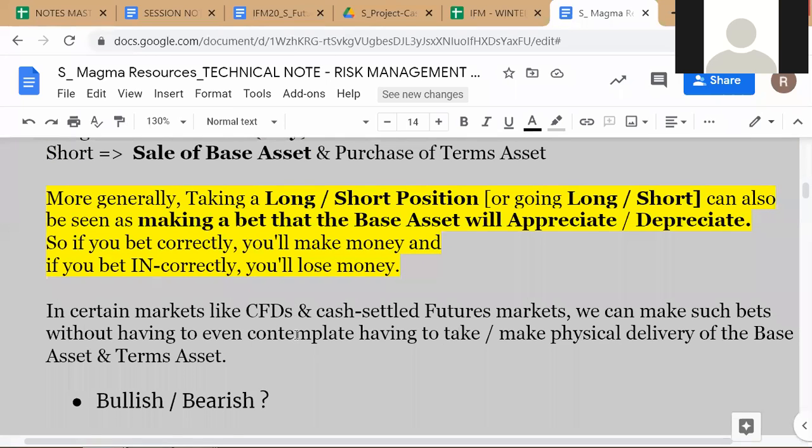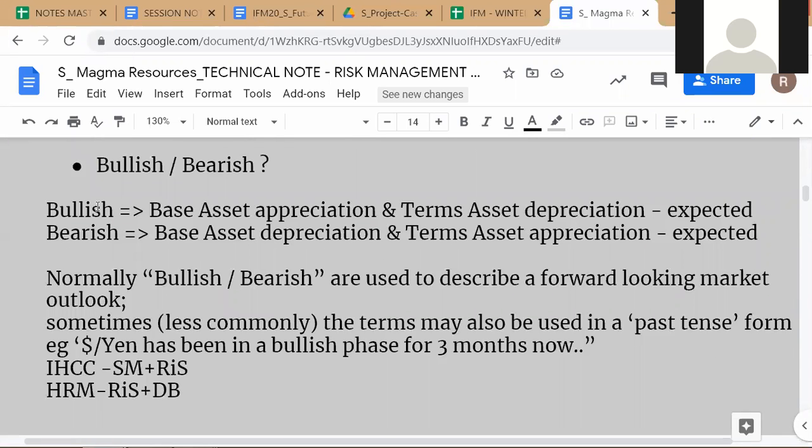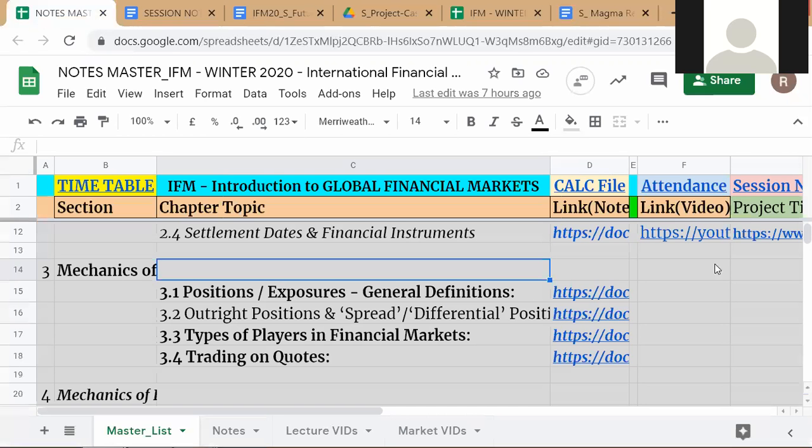So here, another set of terms we want to get through quickly, which is bullish or bearish. I think you understand quite clearly by now, but we just want to make sure that everything is clear. So bullish means, if I'm bullish on crude oil, that means I expect crude oil to go up, and essentially terms asset will depreciate. So please understand that. If crude oil goes up,